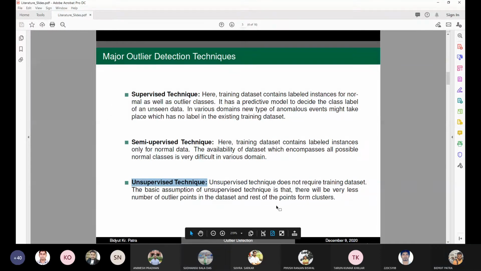So these are unsupervised techniques as I said, and this is quite famous. Today we'll look into some unsupervised techniques. We started with LOF, but I have a doubt whether all of you understood it very clearly, so let us spend some time to understand the LOF technique. LOF is quite famous. It was introduced in 2000. Okay.